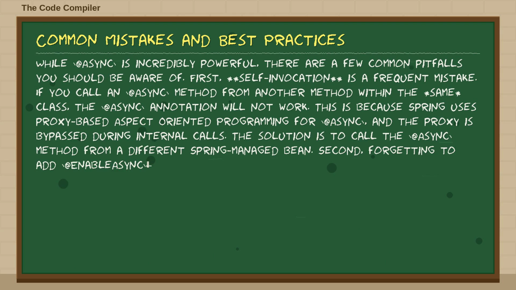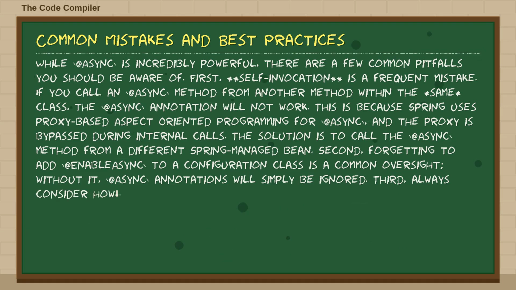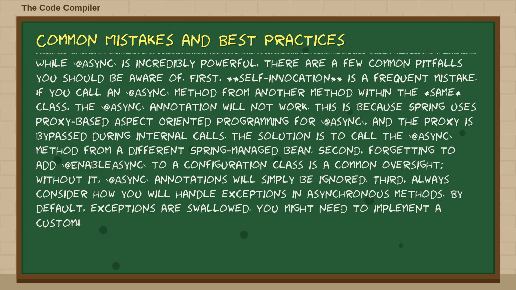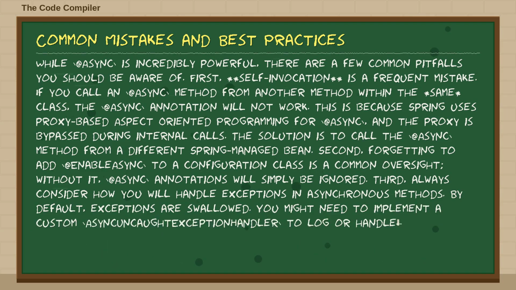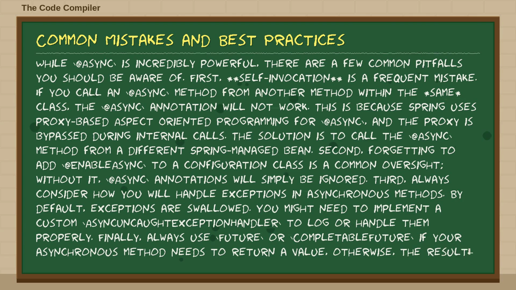Second, forgetting to add @EnableAsync to a configuration class is a common oversight. Without it, @Async annotations will simply be ignored. Third, always consider how you will handle exceptions in asynchronous methods. By default, exceptions are swallowed. You might need to implement a custom async exception handler to log or handle them properly. Finally, always use Future or CompletableFuture if your asynchronous method needs to return a value, otherwise, the result will